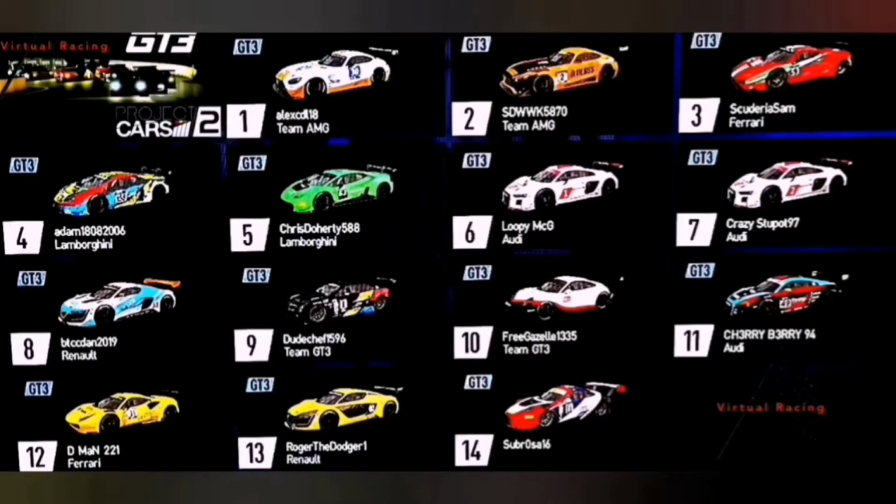And this is the lineup of drivers we've got competing in this championship. Alex CDL, our reigning champion from the Caterham Championship recently, is in the Mercedes along with his teammate there, Stuart Davis. Scuderia Sam and D-Man line up next to them in the Ferraris. Then we've got Chris Doherty and Adam in Lamborghinis. Loopy McG, Crazy Stewpot and Cherry Berry are in the Audi R8s. BTCC Dan and Roger the Dodger in the Renaults there, and Subrosa and Free Gazelle in the Porsche, and finally,